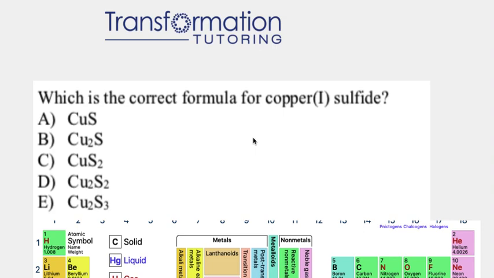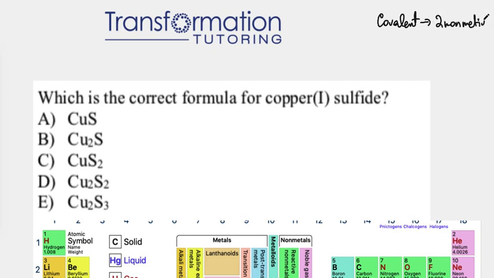Is the correct formula for copper(I) sulfide? First of all, we have to figure out whether this compound is ionic or covalent. So we have to identify whether copper and sulfur are metals or nonmetals. Covalent compounds have two nonmetals in them,